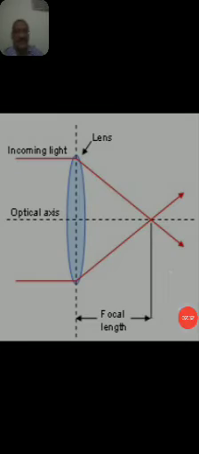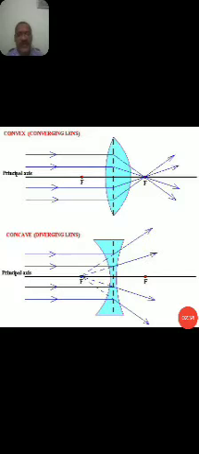If you observe the above diagram, it shows a convex lens or converging lens, and you also observe the principal axis. From the left side, light rays fall on the lens, and on the right side of the lens all the blue color lines focus at point F. Then the distance from the mid portion of the lens to the point F on the right side is called the focal length. This is the case of a converging lens or convex lens.